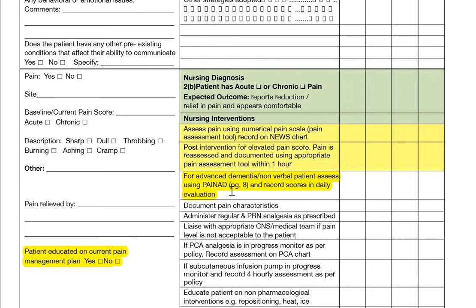So the PAIN-AID is an assessment that we use to identify if a patient who has advanced dementia or a patient who is non-verbal has pain based on their behaviours. I go into a more detailed explanation of that in maintaining a safe environment if you want to look at that presentation. The next intervention here is document pain characteristics, administer regular and PRN analgesia as prescribed,